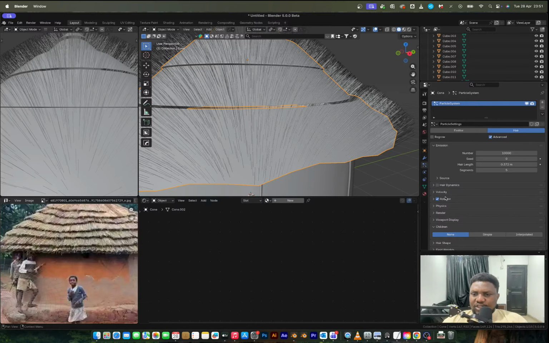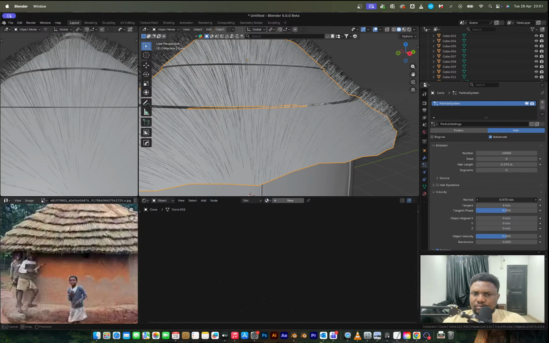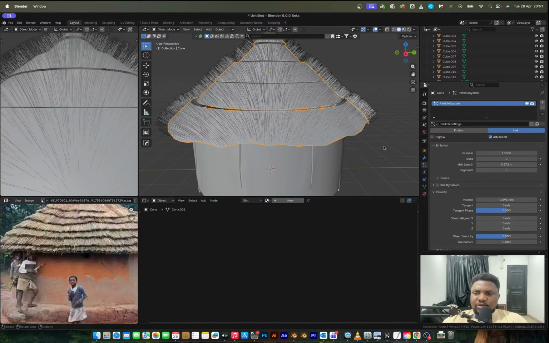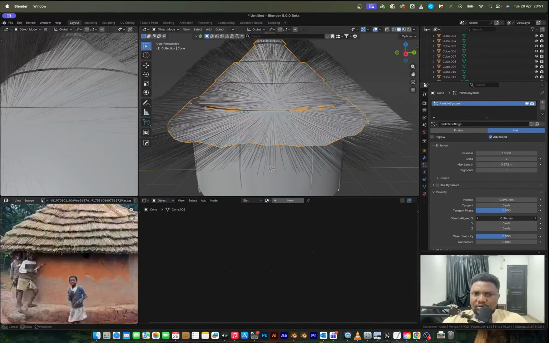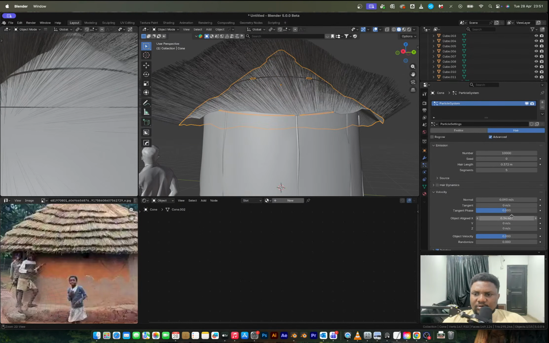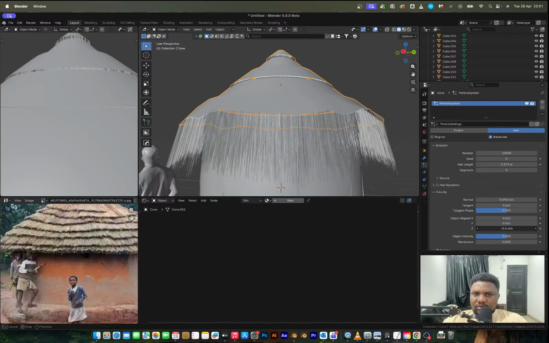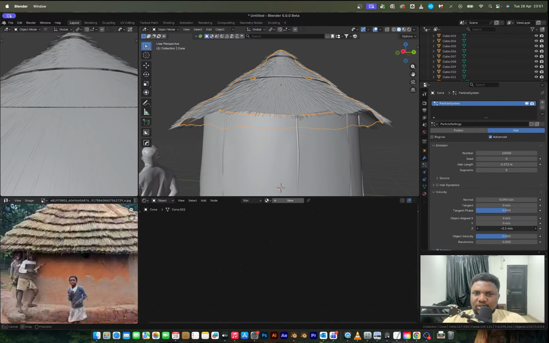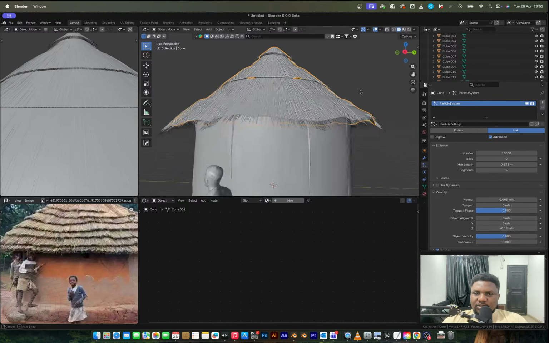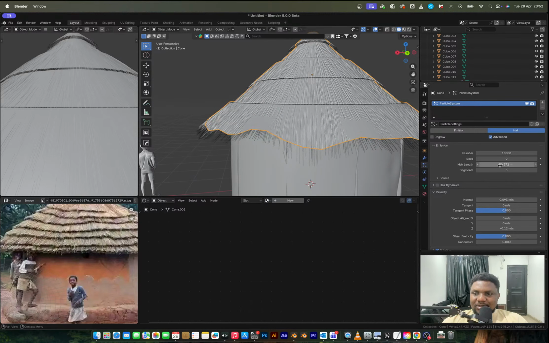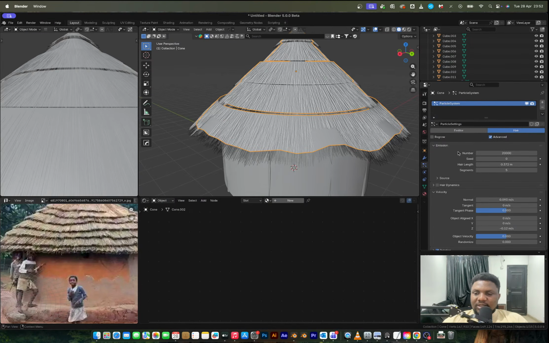So I'm going to look for hair shape. Where will I see hair shape? Hair shape. Oh, okay. Is this what I was looking for? Let's see. Oh, okay, okay. I think this is what I was looking for. Exactly. So I can even make this a bit more dense. Let's say 20K, right? And then